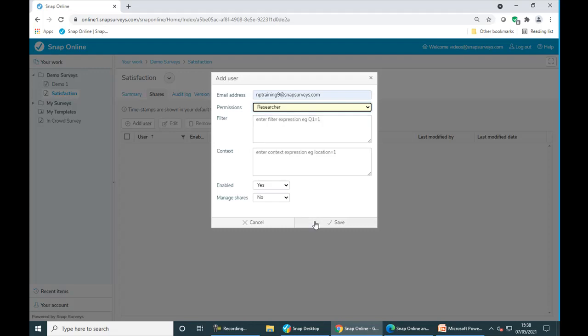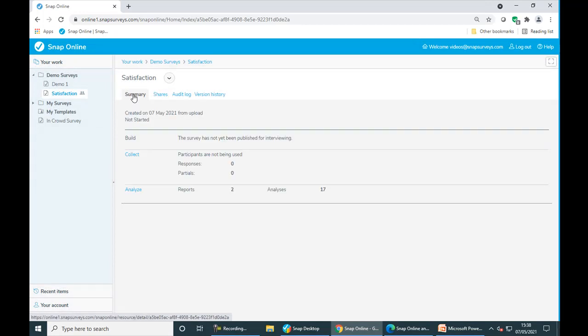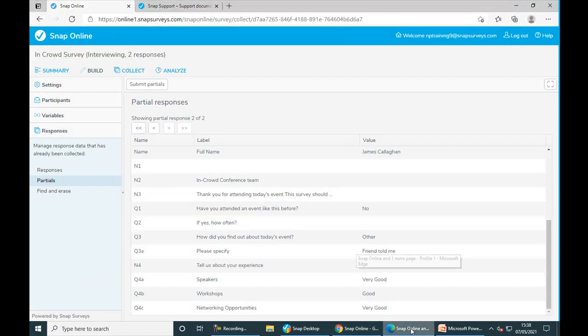So if I click save, and if I go back to the summary, you can see that that survey now has 2 people on it, so you know that that survey is shared with someone. If I were to now go and look at the account that it's been shared with, if I refresh the screen,